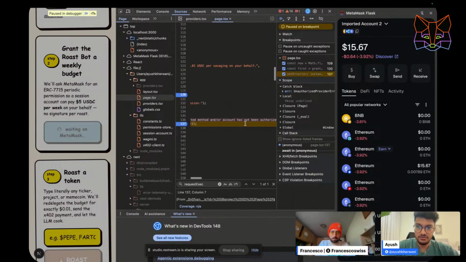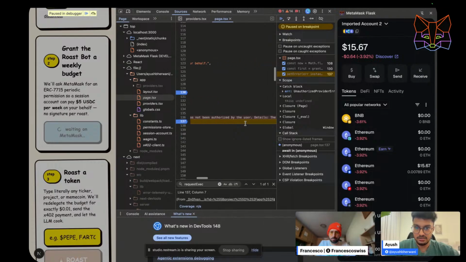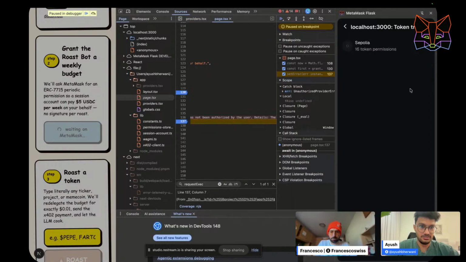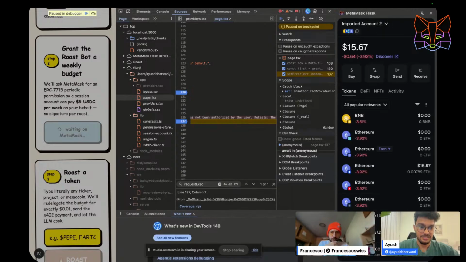So it says the requested method or account has not been authorized by the user. Something changed here. What? You were already logged in and everything? You already gave permissions? No, that should not be an issue.